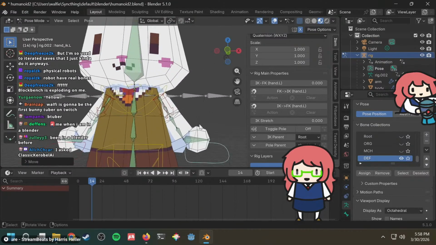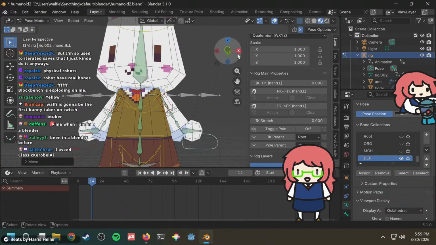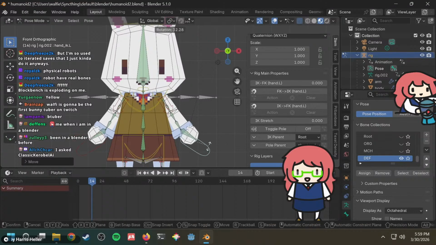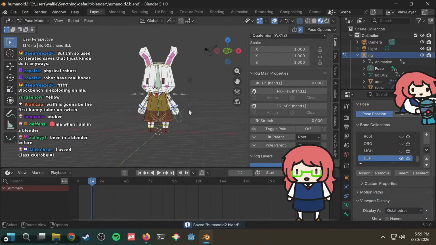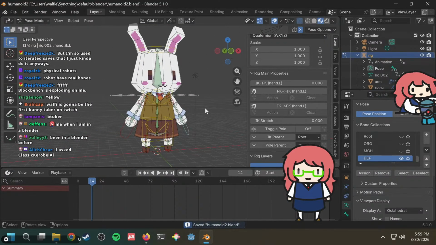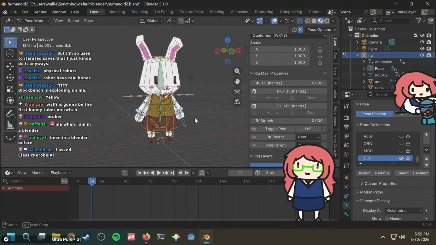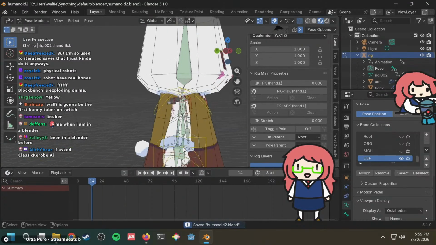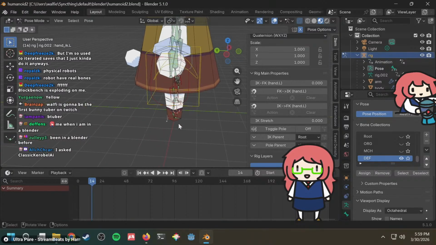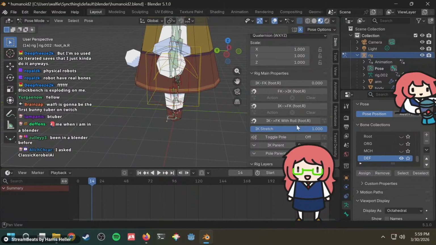And then you gotta rotate this one in such a way as to make sense. Okay, there we go. So after approximately an hour, we have this. We have been able to pose the character in such a way, and then we got to fix the legs as well. Okay, we got to confirm that the legs are still working. But now they stretch. Now they stretch, so you got to turn that off.